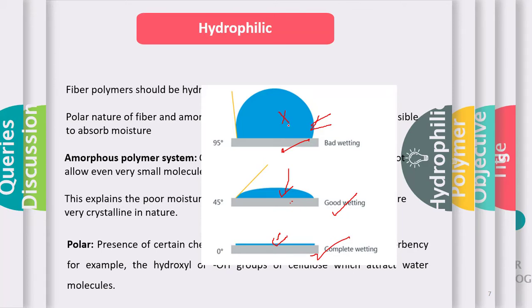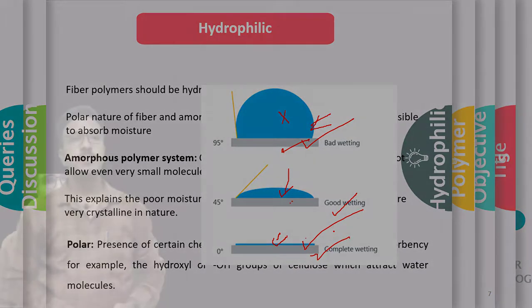So this tells that the polymer system which results in poor wetting denotes that the polymer system is completely or fully hydrophobic. The first case is a highly hydrophilic polymer system, and the second one is in between. It stands in between complete wetting and bad wetting of polymer systems.